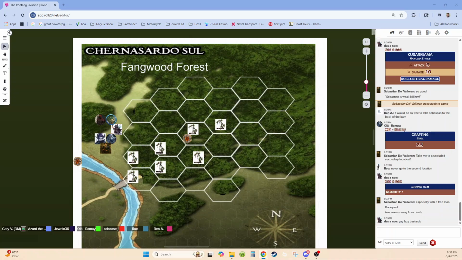You see, the Fangwood Forest is magical. It moves sometimes hither and thither, up and down. Sometimes whole canyons that are there one day are gone the next. It takes some